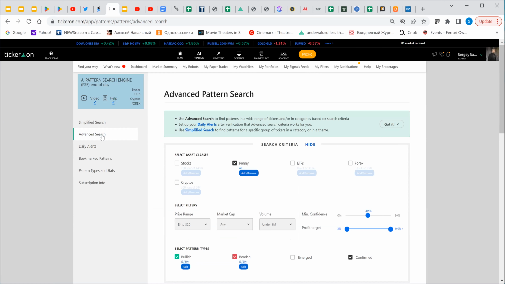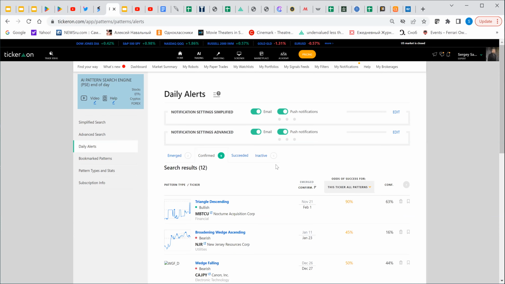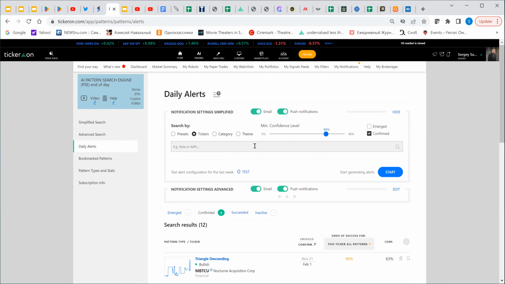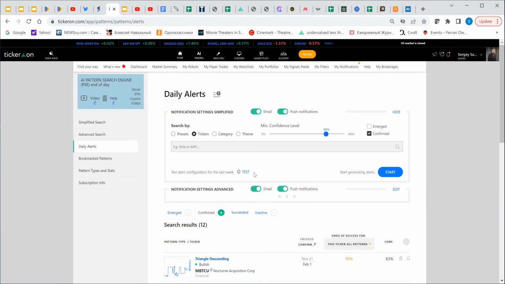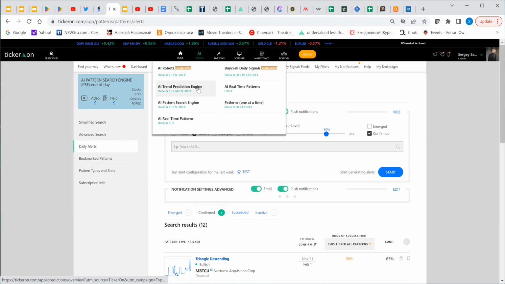So when you are satisfied with your search, then you actually can do absolutely the same kind of copy to the daily alerts. That's where you get alerts on email and push notifications. You just need to do the following. You have to do pretty much the same here, and you're going to get similar patterns and alerts for them, okay? So let me go through another engine where you can create your own